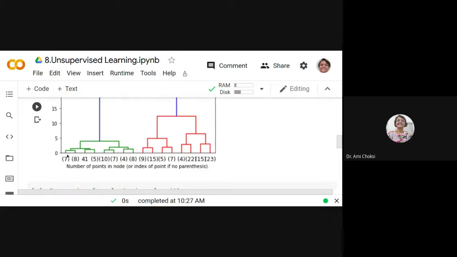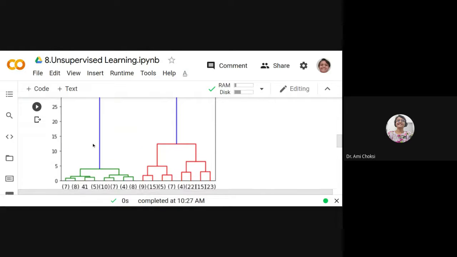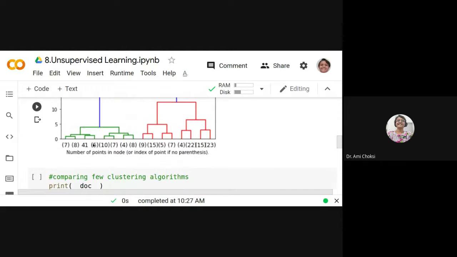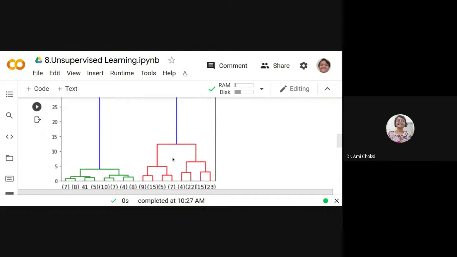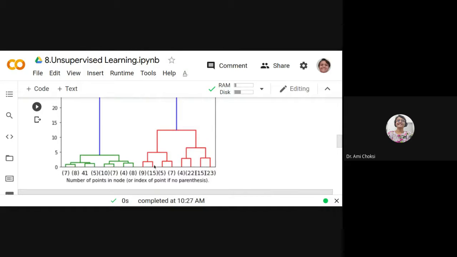Then we will merge this 2 with this 2, so 4 will be there, right? Again, we'll be merging them, so 4 here and 4 here will be merged, right? This way we proceed further, and based on the algorithm's conditions we keep merging, right? And at last, we are merging and we have this dendrogram, right?